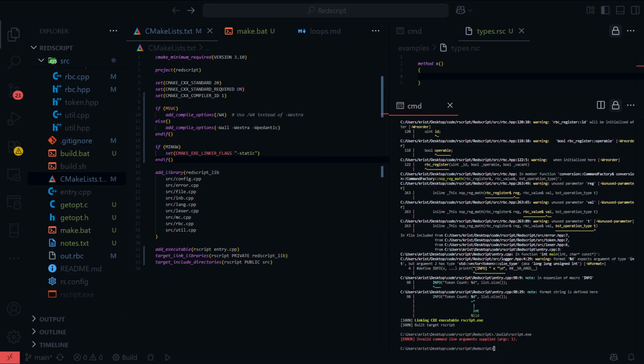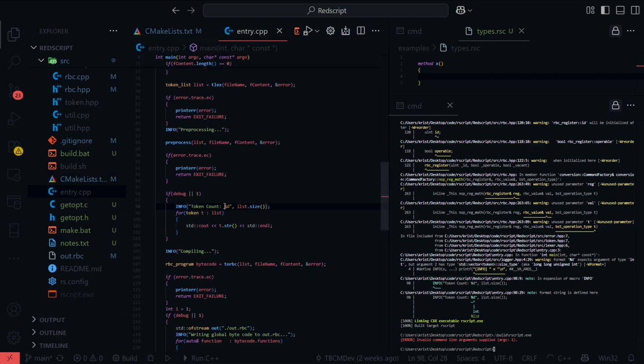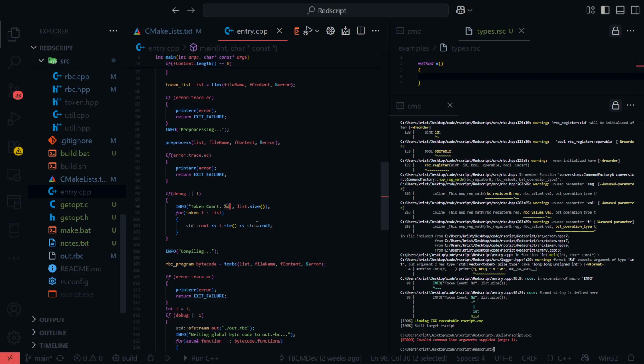Okay. So, let's finish these warnings, shall we? Here's the first one. I actually don't know, printf size_t. I don't know how to do that. Percent zu.